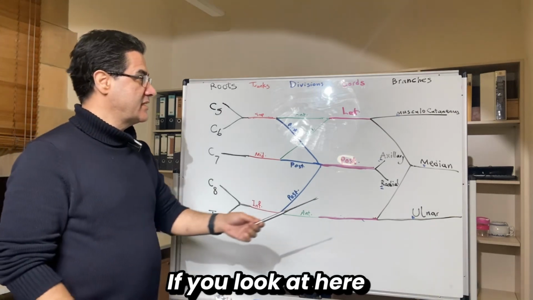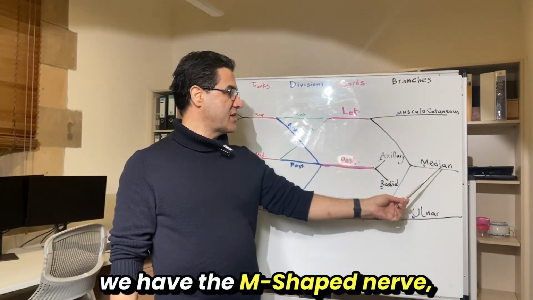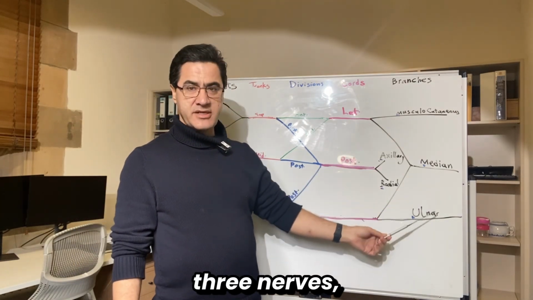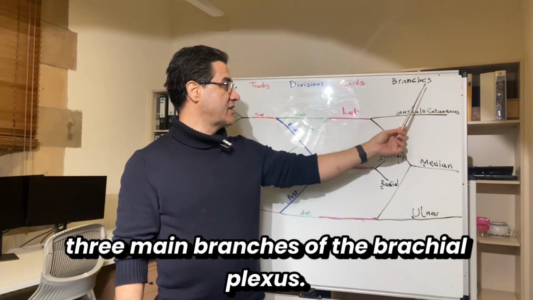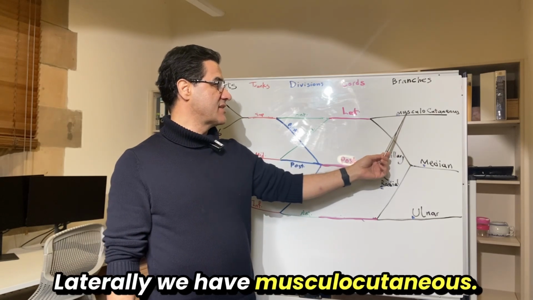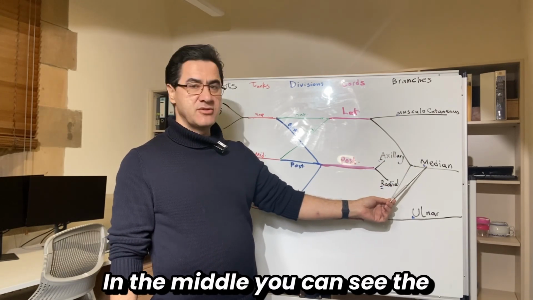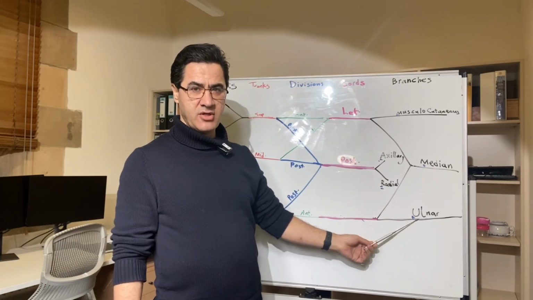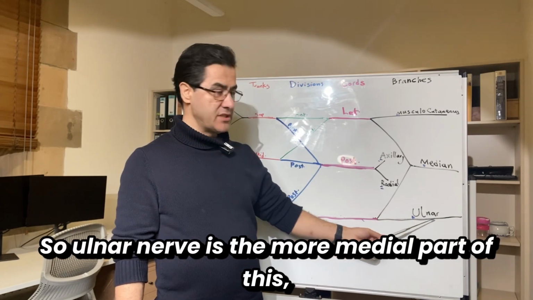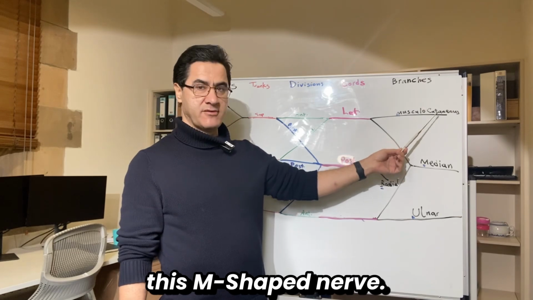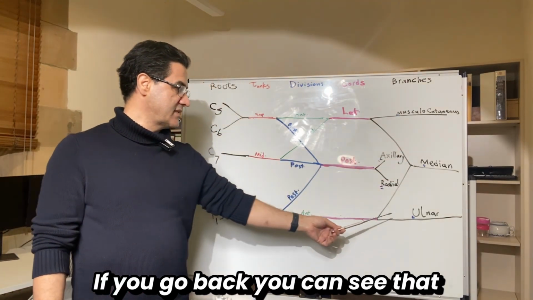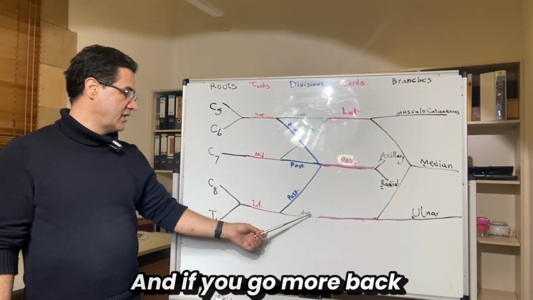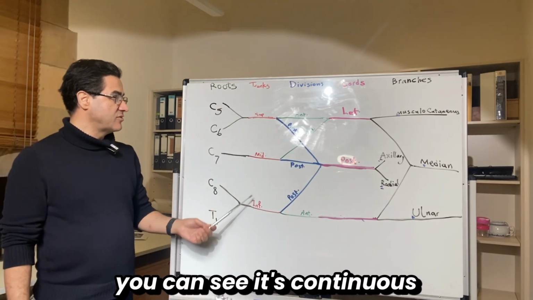If you look here, we have the M-shaped nerve, which forms three main branches of the brachial plexus. Laterally, we have the musculocutaneous. In the middle, you can see the median nerve, and the more medial one is the ulnar nerve. So the ulnar nerve is the more medial part of this M-shaped nerve. If you go back, you can see that the ulnar nerve is formed by the medial cord, and if you go more back, you can see it's